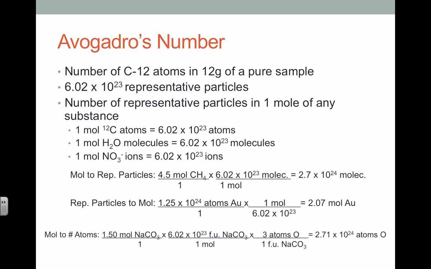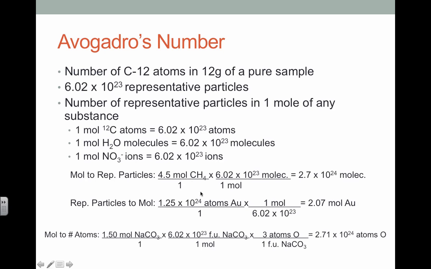You can do calculations with Avogadro's number where we convert representative particles to moles, and moles to representative particles. Basically we're going to use the dimensional analysis that we talked about and used in the earlier part of the course when we discussed measurement conversions. If you think about it, Avogadro's representative particles and moles are different units of measure, and we're just doing a conversion. So if I want to go from moles to representative particles, say I gave you 4.5 moles of methane and I asked you how many molecules there were,